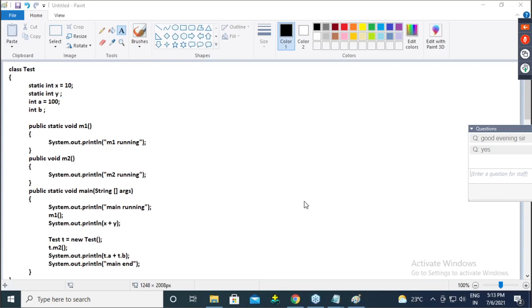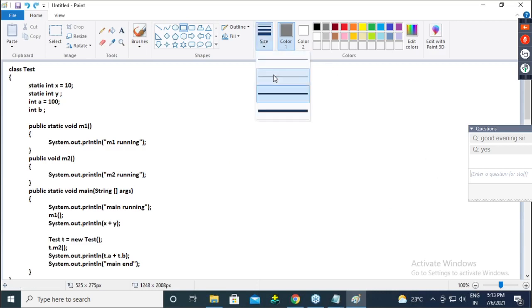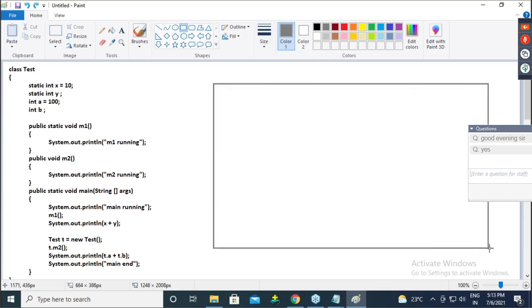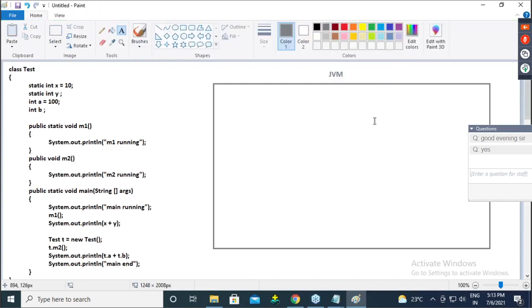Now guys, as we will do a complete postmortem of the JVM, pay attention very clearly. Assume this is our JVM. Firstly, when we compile this, we will get a .class file.